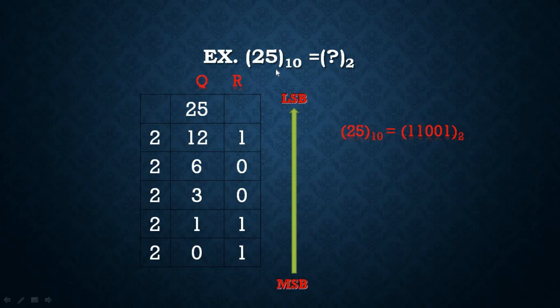Here we have to mention one thing: the decimal number has two types. One is the integral decimal number and the second is the fractional decimal number. Here we consider an integral example. We take another integral number, 31 to the base 10, and we have to convert this number into binary. Again we create three columns: one for the divisor, second for the quotient and third for the remainder. 31 is divided by 2, so we get the quotient 15 and the remainder 1.